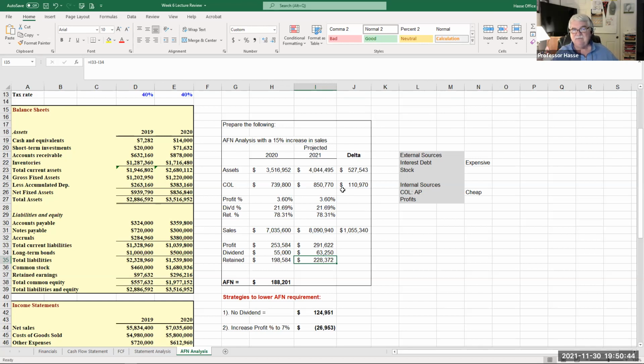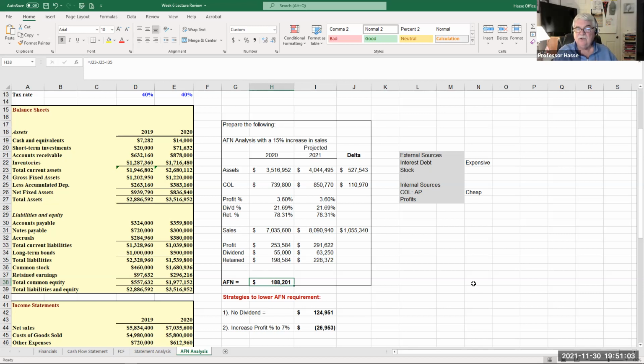If we need 527,543 in change of assets, where will that come from? Internal sources of accounts payable, 110. Internal sources of profits, 228. That leaves us with